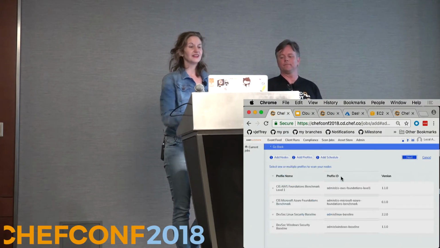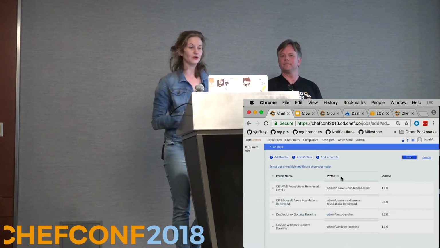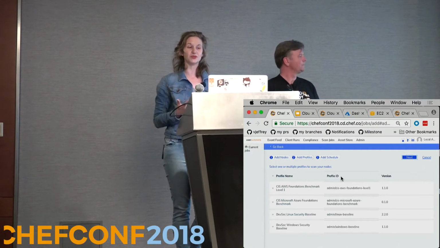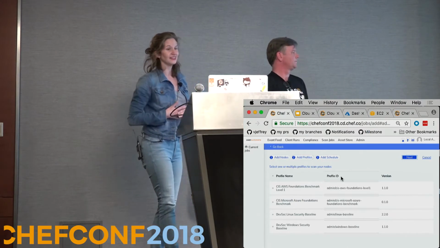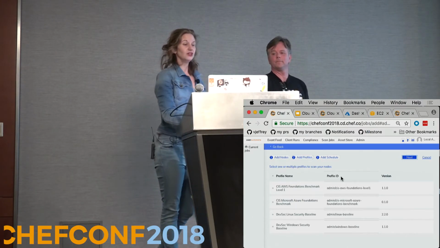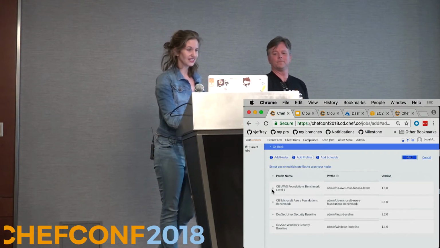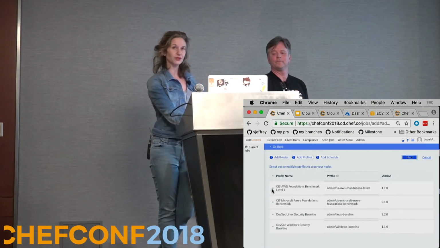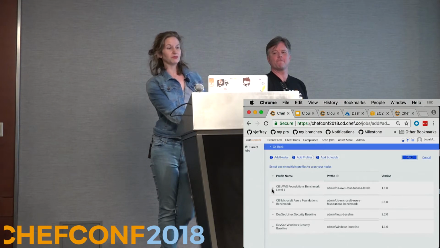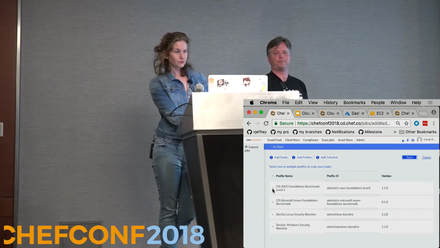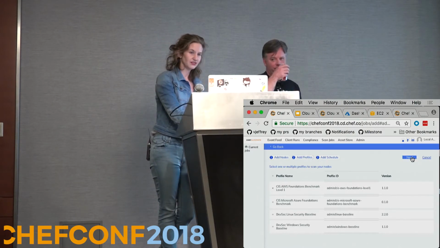And next. Now, one of the great things is that we already have that CIS AWS Foundations benchmark profile. So we can use that AWS Foundations profile to test our account scans. The control that Rick showed you earlier today was one of the controls that we ripped right out of that profile. So if we click this one,